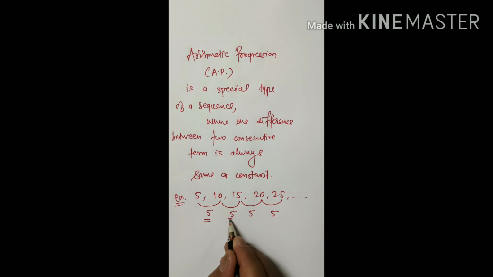Means here the difference between two consecutive terms is constant. So therefore, this is an arithmetic progression. The given sequence is